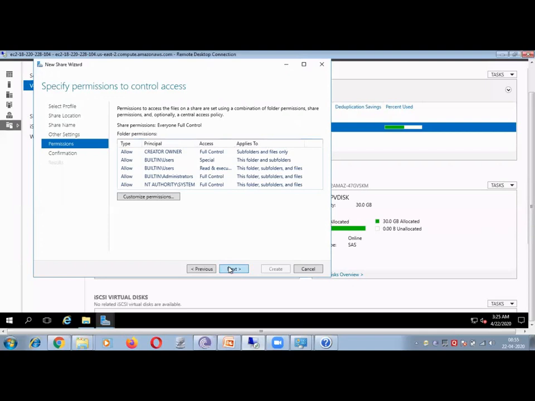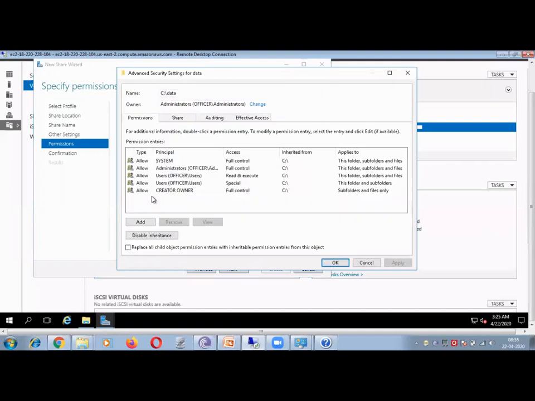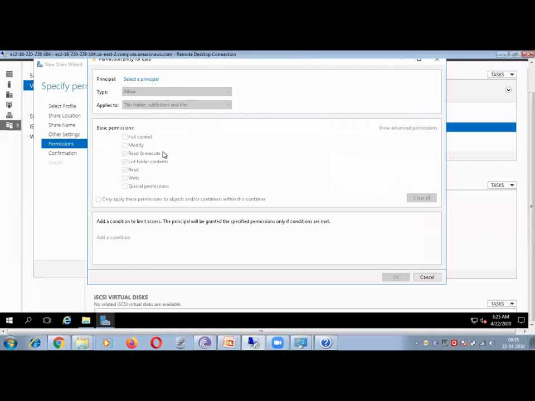Now here you have an option to get the permission controlled, right? So for an example you can customize the permission, and you can define which user has which permissions. Let's say you go to add and select a principal first.